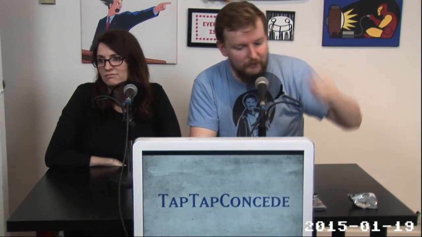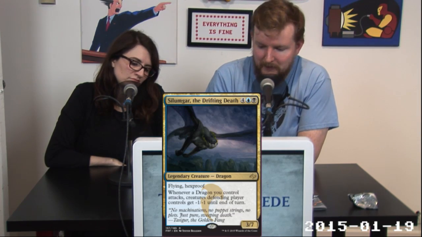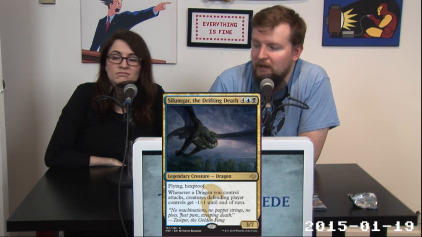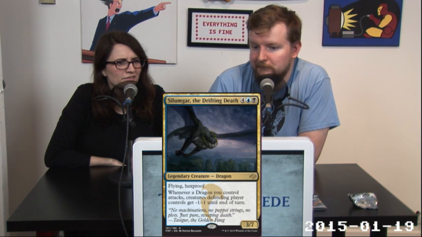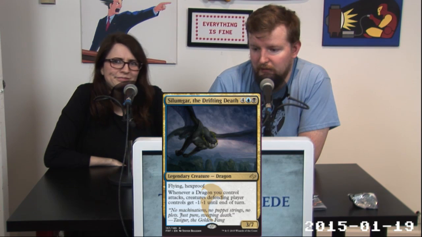Silumgar came out, which is the 3/7 flying hexproof dragon in blue-black that whenever a dragon attacks, creatures your opponent controls get -1/-1. I saw a lot of legendary dragons. Yeah, there was a lot of these guys around, and that